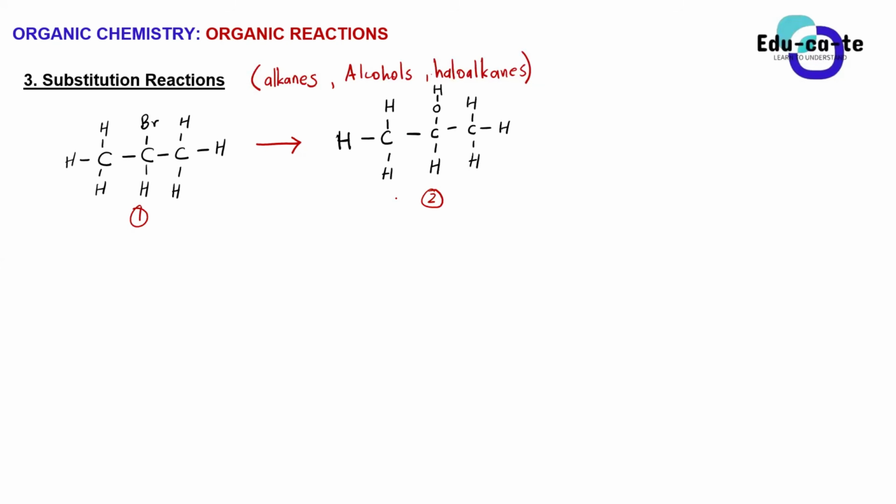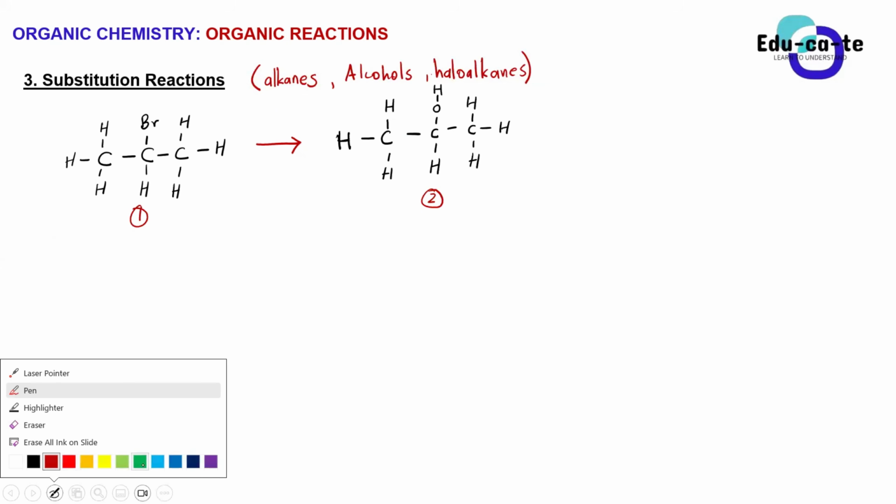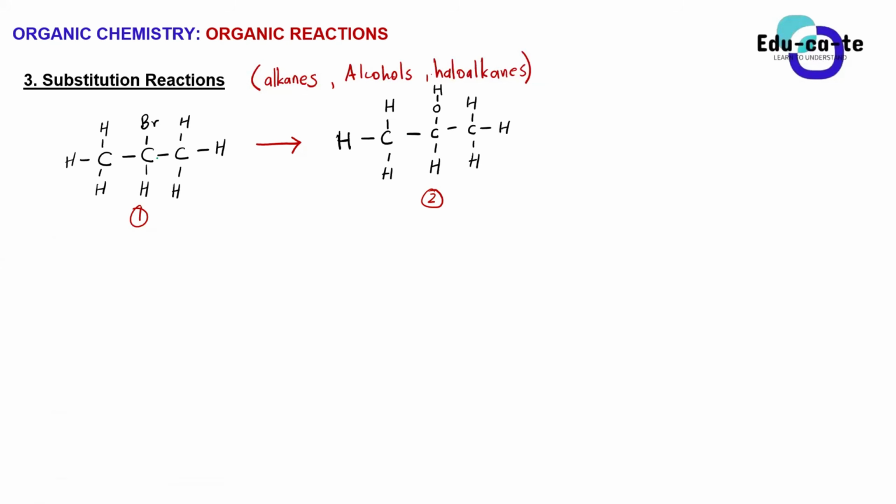Okay, so on compound number 1 we have a bromine. On compound number 2 we have alcohol. Yes. On compound number 1 we're having 3 carbons as well, just like compound number 2. We still have got 3 carbons. But now on carbon 2, in compound 1 we've got a Br. That's a bromo there. On compound 2 we have got an OH. We have an OH. That is a what?